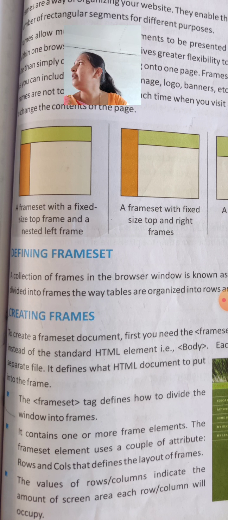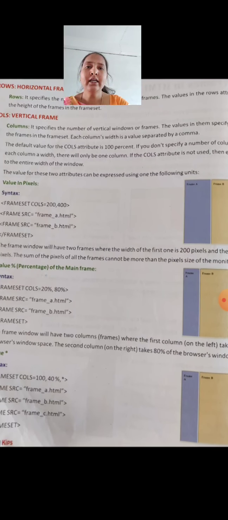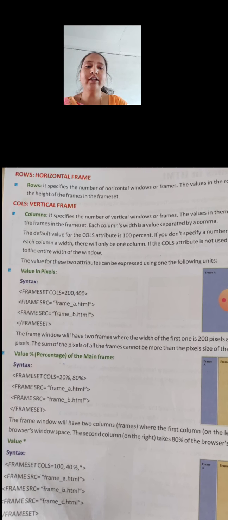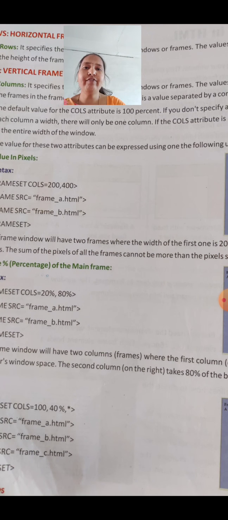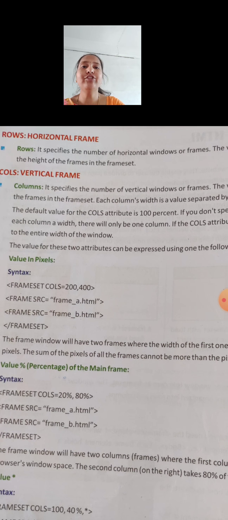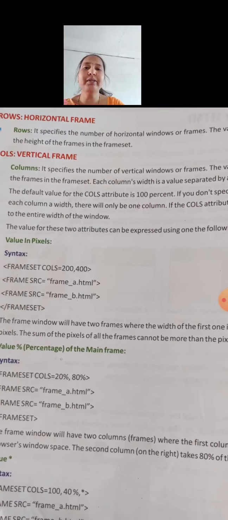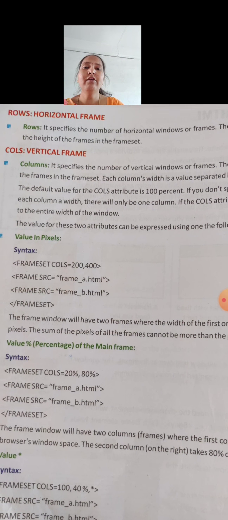The values of rows and columns indicate the amount of screen area that each row and column will occupy. Rows means horizontal frames. The rows attribute specifies the number of horizontal windows or frames. The values in the rows attribute specify the height of the frames in the frameset.